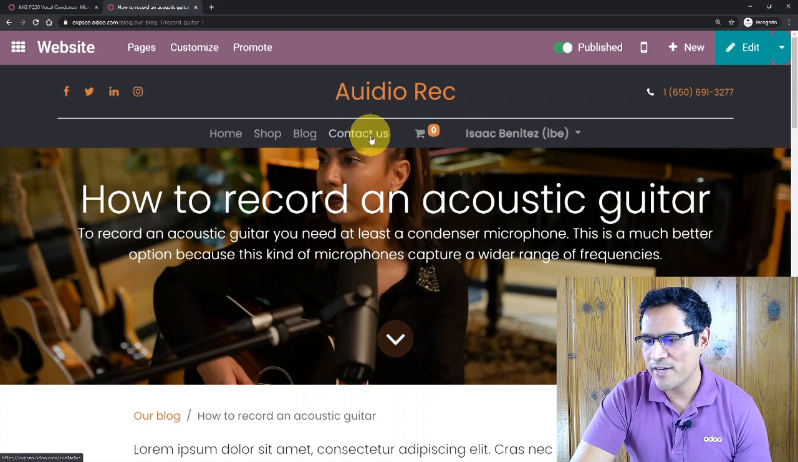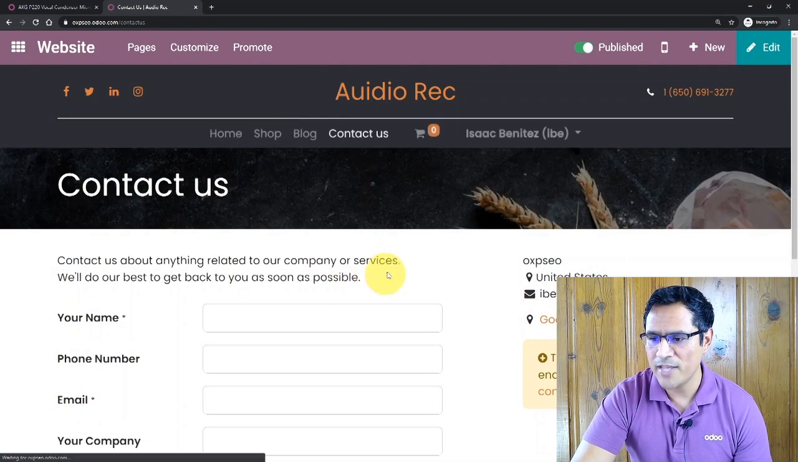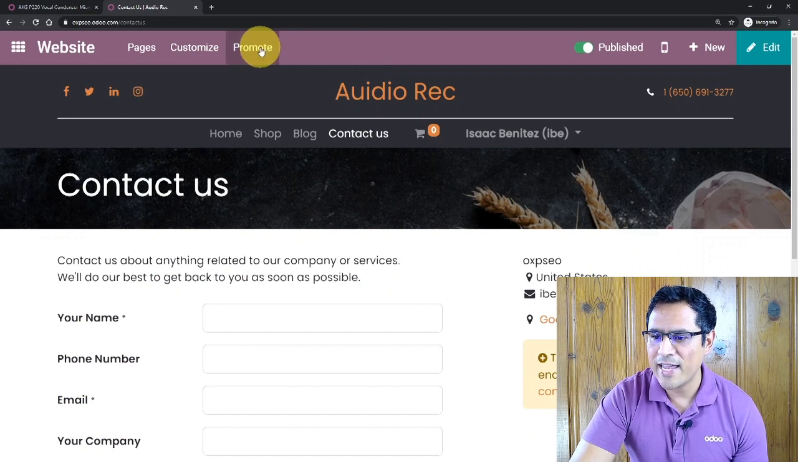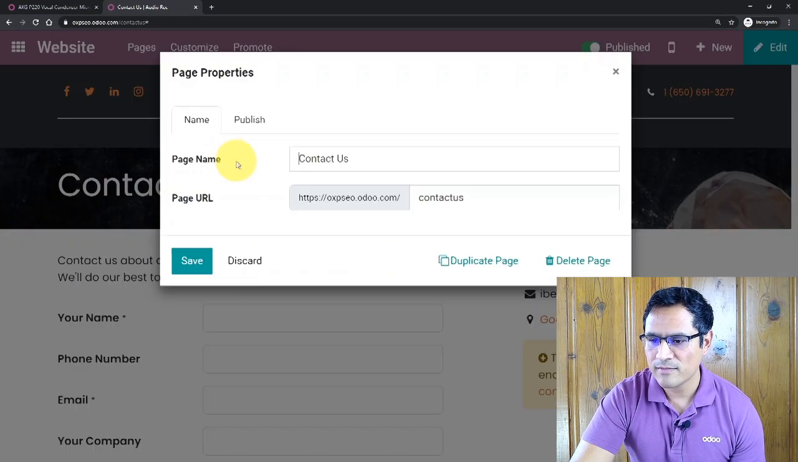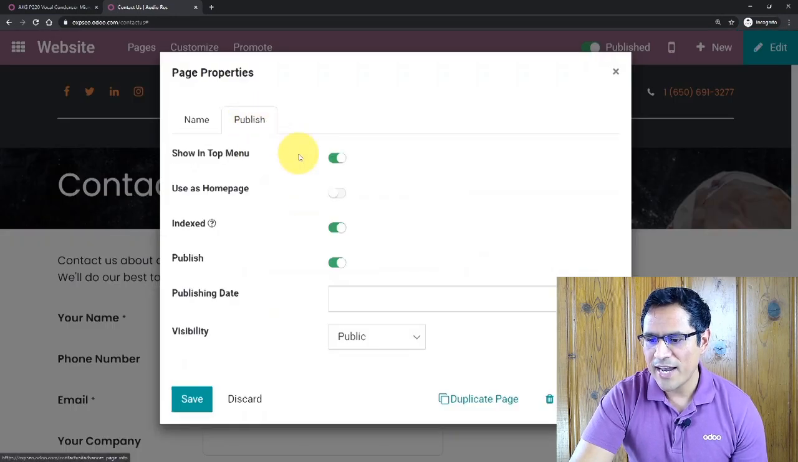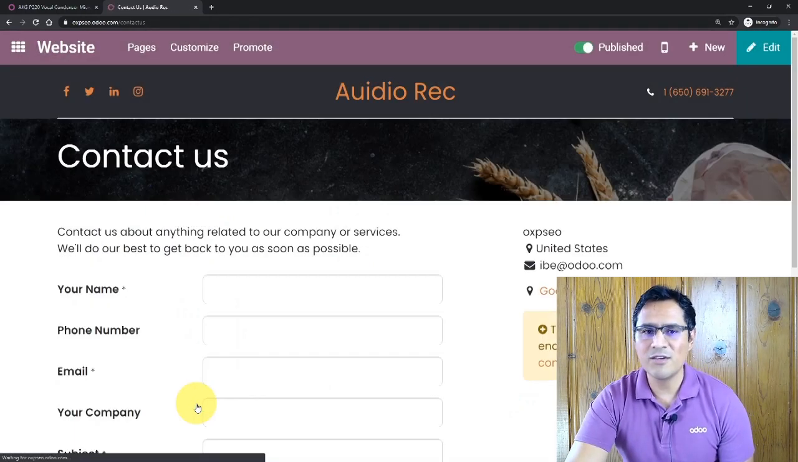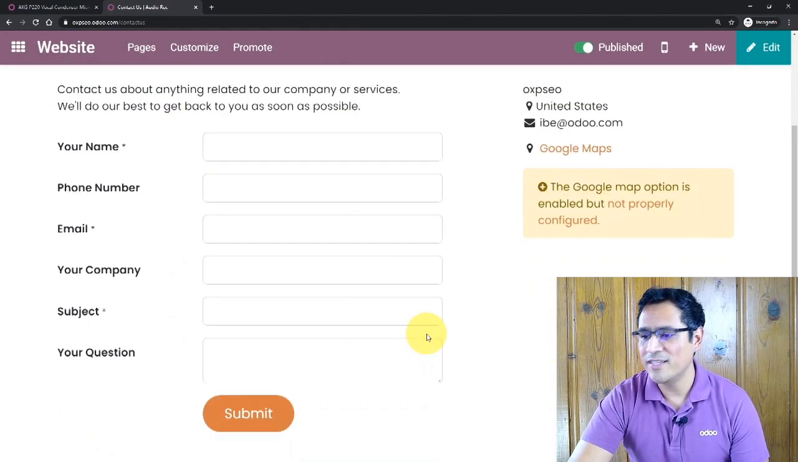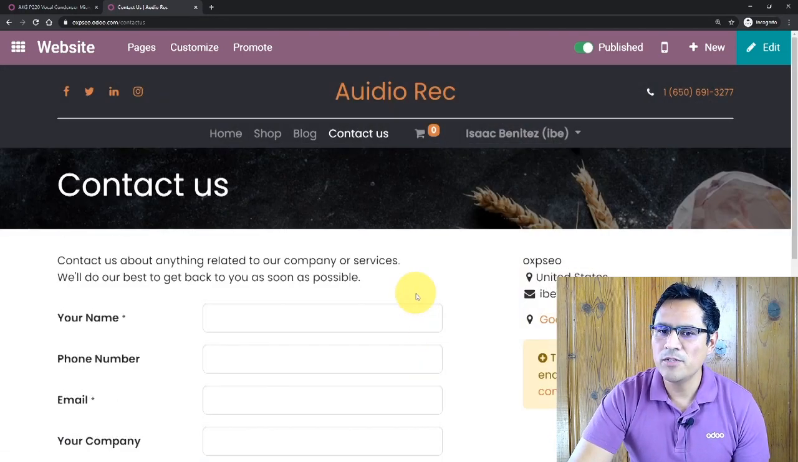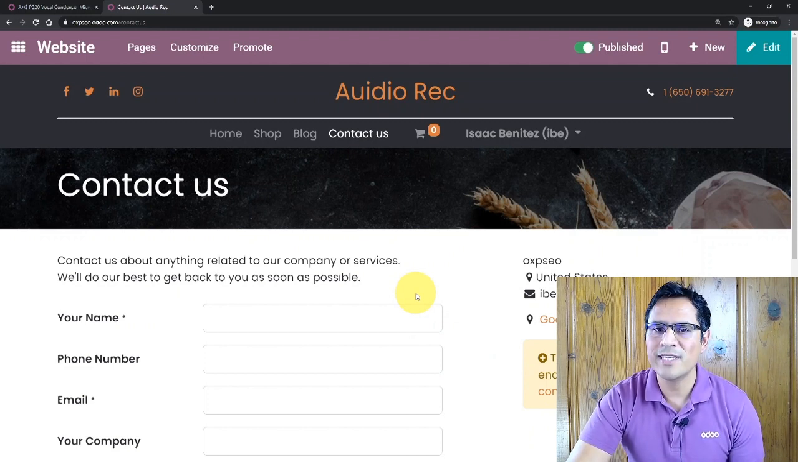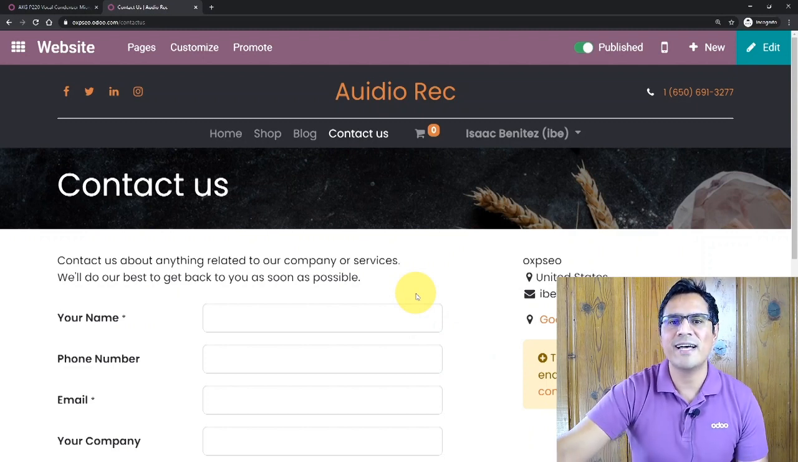Let me show you here. You can come to the Contact Us page. For instance, if I want to hide this, I can do it by going to Pages, Page Properties, Publish, and I will deactivate this indexed option. Basically, what that's going to do is tell Google not to show this page in the search results, and it benefits you,